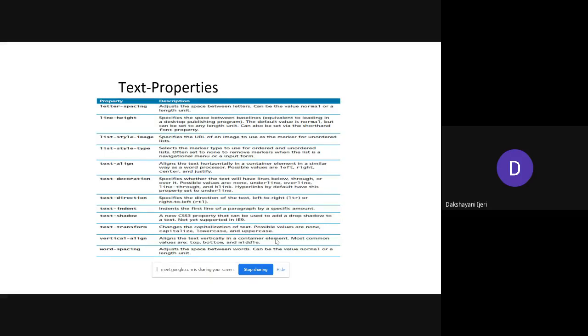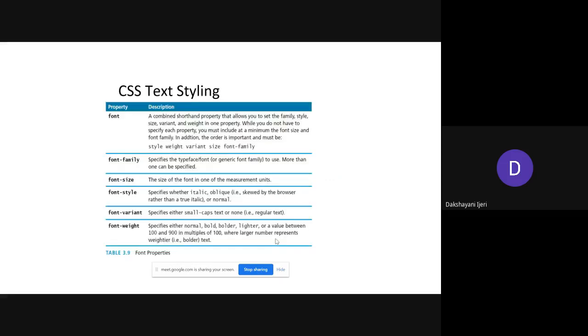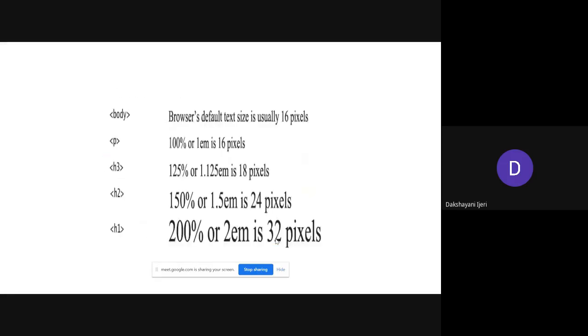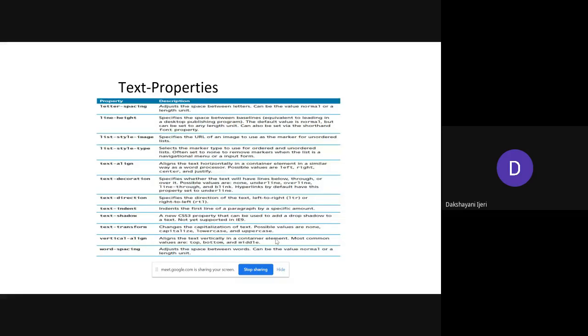Okay, so coming to the text properties that you can use here. Along with these font properties related to font size, font style, and font family, you also have these additional properties. The letter spacing is the property you can use to specify how much space you want to leave between each letter of a word.